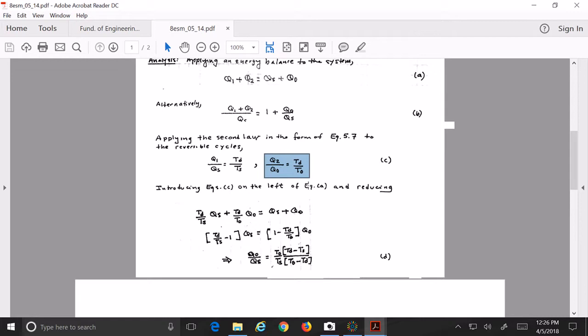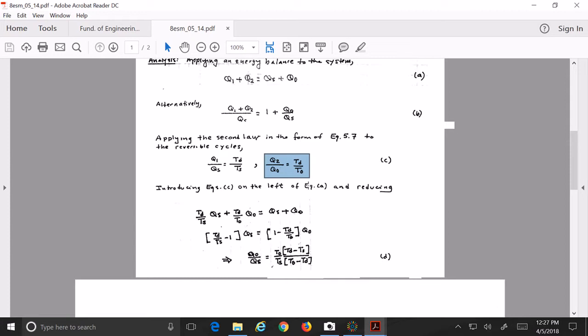Okay, so, alright. Don't copy anything. I will provide you with the class notes, but let's see. I think what they did is this. Let's see if I understood. So basically what they say is that they take the energy balance equation, so using equation QS plus Q naught equal Q1 plus Q2, okay? So if we use those two equations over here,